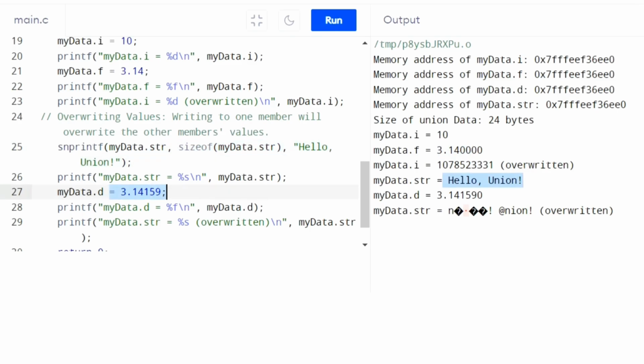This will override the character array member str with the double value 3.14159. Again, the string "hello union" is lost. And this will override the double member d with the new character array. At this time the string is not a valid C string because it contains non-ASCII characters and it is not null